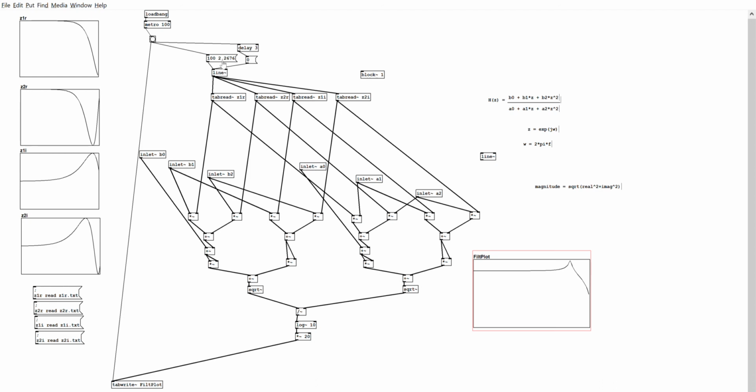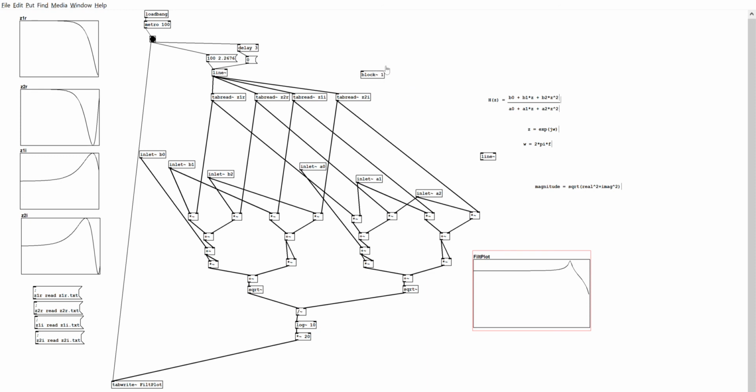I was originally using vline, and when I would bang vline manually, I had the same bang set up here, and I had vline here instead of line, and I had a slightly different message here. And that worked fine, but when I hooked a metronome block up to vline, it did not work properly. So I've used line instead, and I've set the block